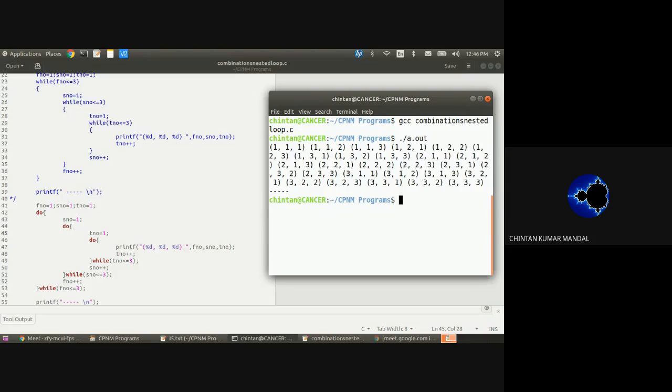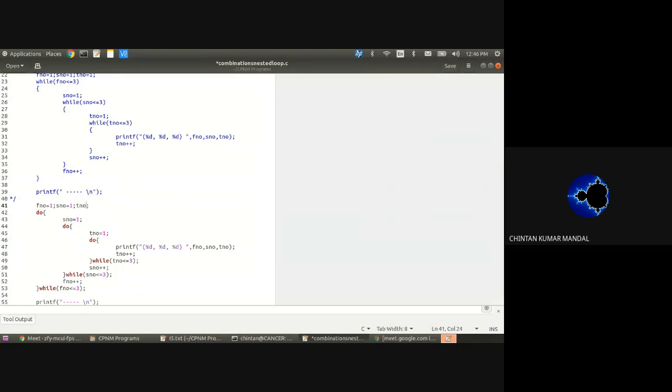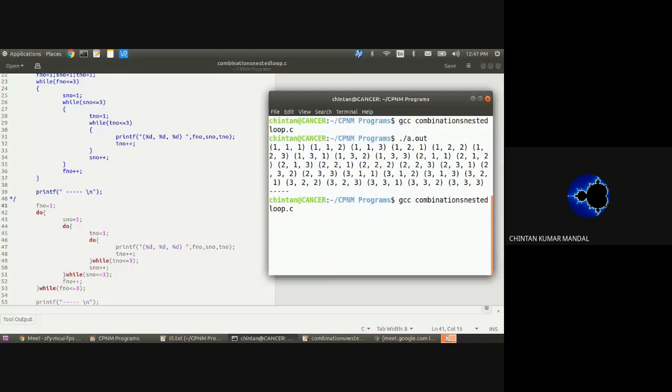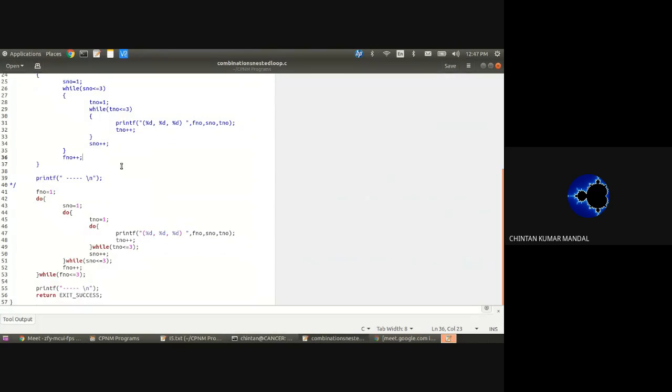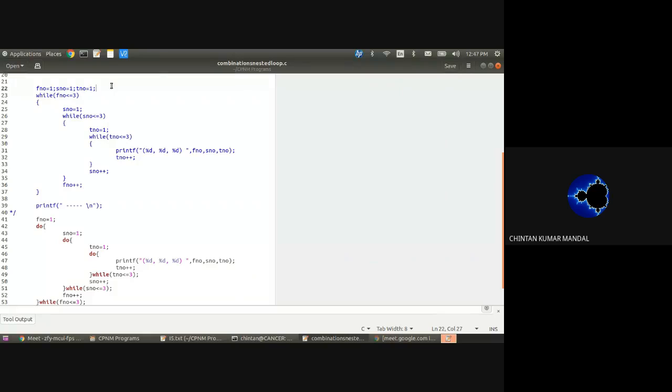So technically, for this case, this is no more required. This thing is no more required. I'll just be wasting my time with another initialization, because when it gets into the SNO, it will get into one thing. Similar to this thing also, this part is also not required. Because once